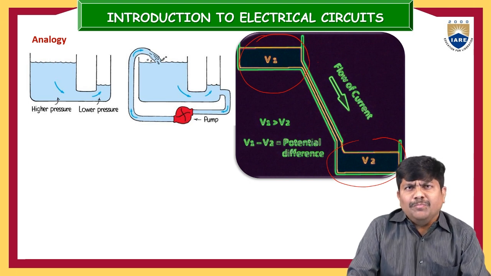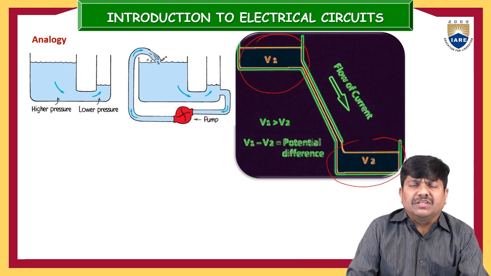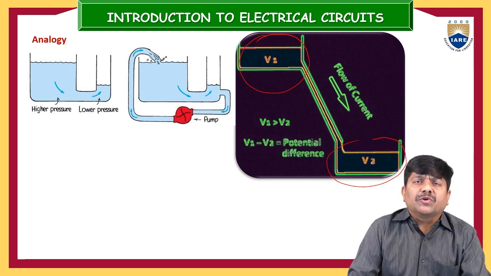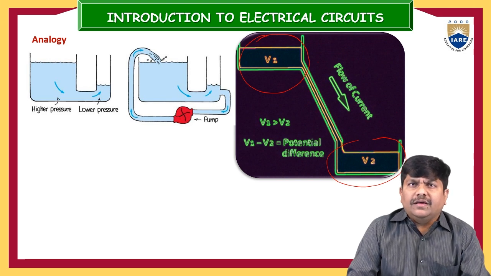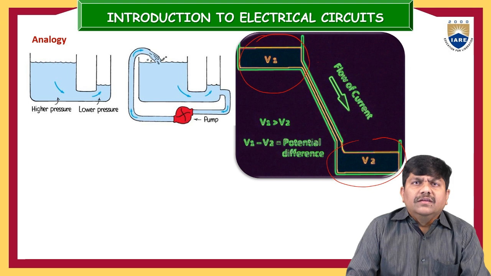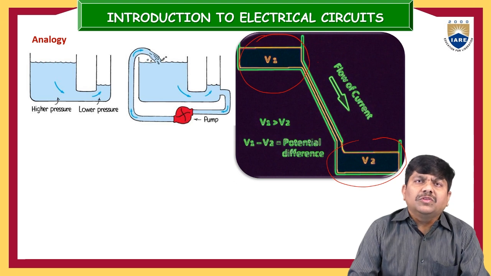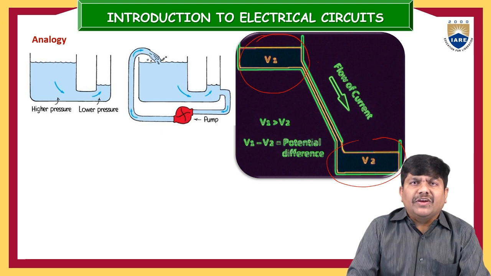So from this simple example, it is very clear that if we want to see some electrical energy or electrical current in the circuit, then the conductor should have potentials of different magnitudes on either side. If the potentials of the two sides are the same, then the current in the conductor is 0. We can see electrical current through that conductor only provided the two terminals are at different potentials.